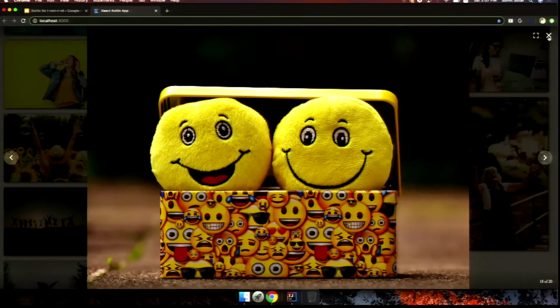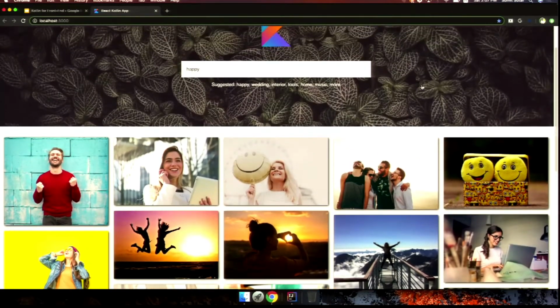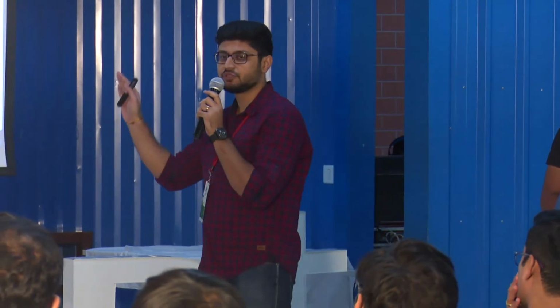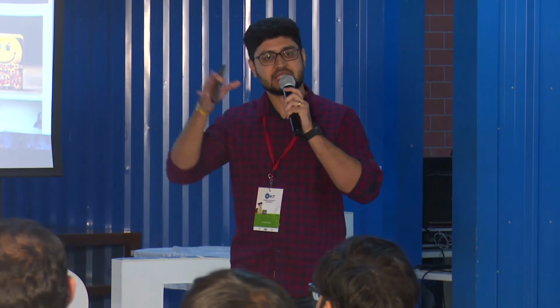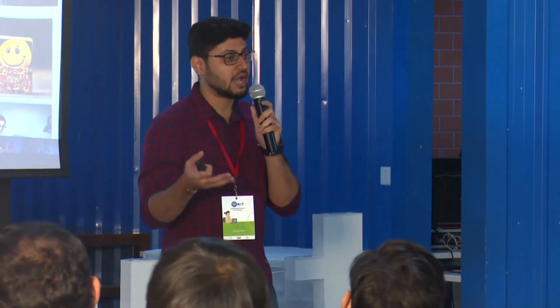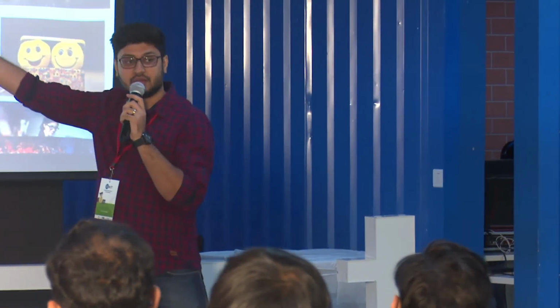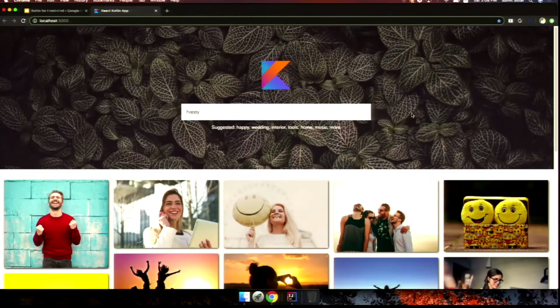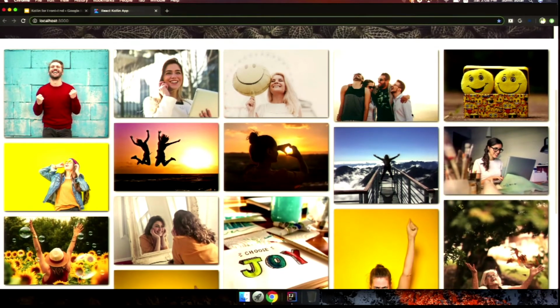Moving on to our talk about Kotlin. Before we move on to that though, we wanted to identify individual elements at work here. When we go into the source code, we will be seeing a lot of it, and we'll not be able to identify with images over here. So this is the search bar, which is a distinct functionality. Then you have the list of images. You saw the loading symbol as well, coming up.